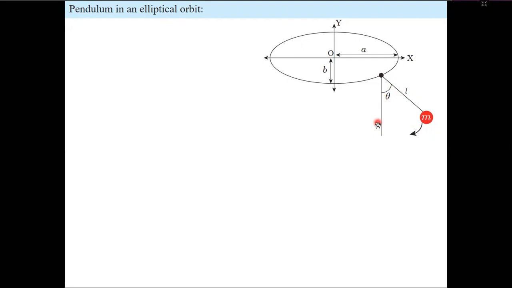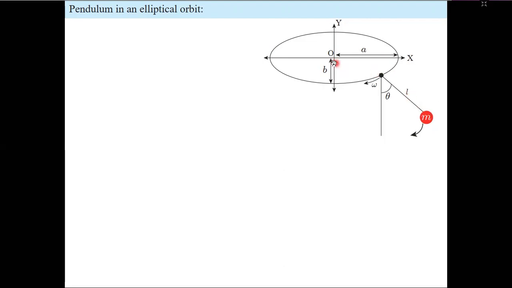And this entire system is moving in that orbit with an angular velocity omega. Now we need to figure out the Lagrangian of the system, and we consider O as the origin. This is the positive x-axis, this is the positive y-axis. And for finding the Lagrangian, we need to figure out the coordinate of this